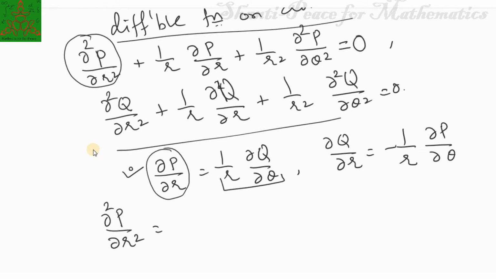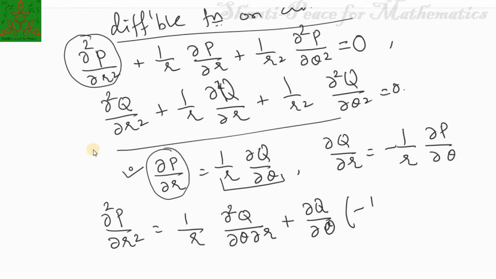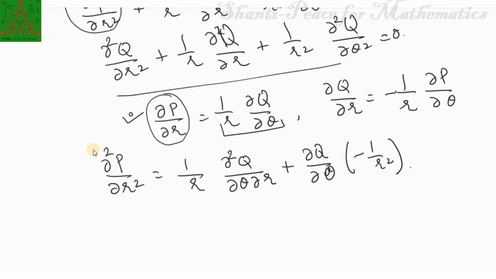If I apply the product rule here, 1 upon r is as it is, del square q upon del theta del r, plus del q upon del theta as it is. The derivative of 1 upon r is minus 1 upon r square. And if I differentiate this, del p by del theta equals minus r del q by del r. If I write down this equation